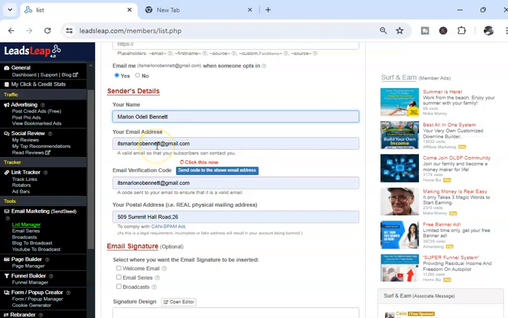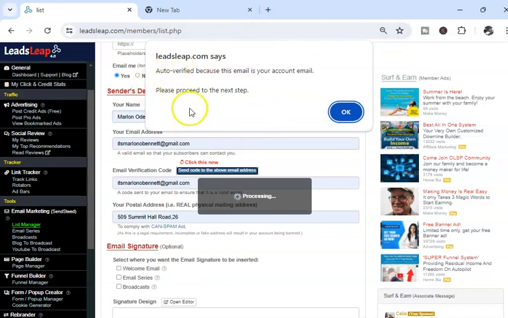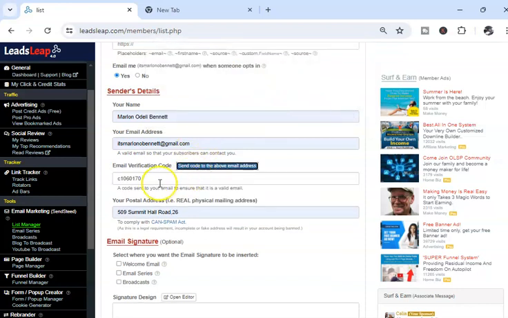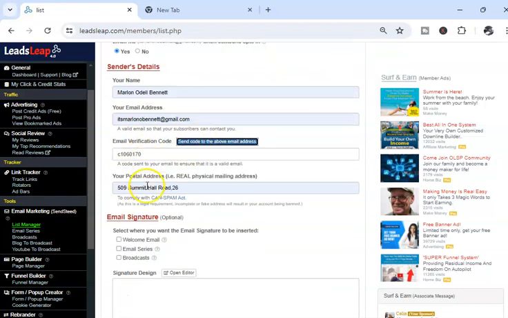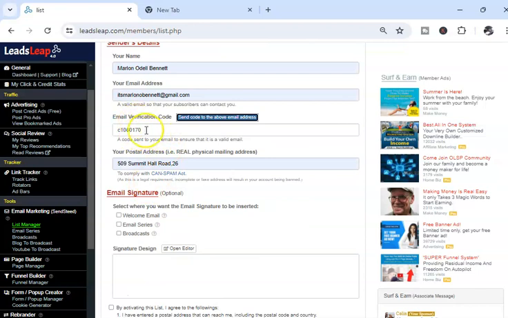Hopefully it's a Gmail account that you have. And once you've done that, you're going to click to have the system, SendSteed, inside of Leads Leap, send you a code. I'm auto-verified because I'm already a member, but if you're not, it's going to send you an actual verification code right to your email inbox, right? And when you get that code, you need to come down here and you'll see mine is already in there. You need to put that email verification code right inside that block right there,